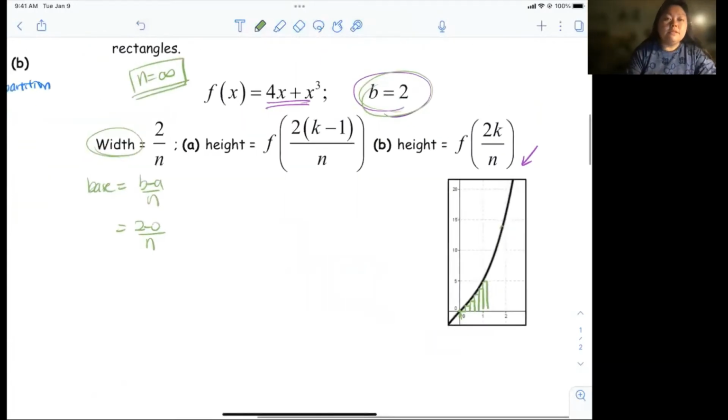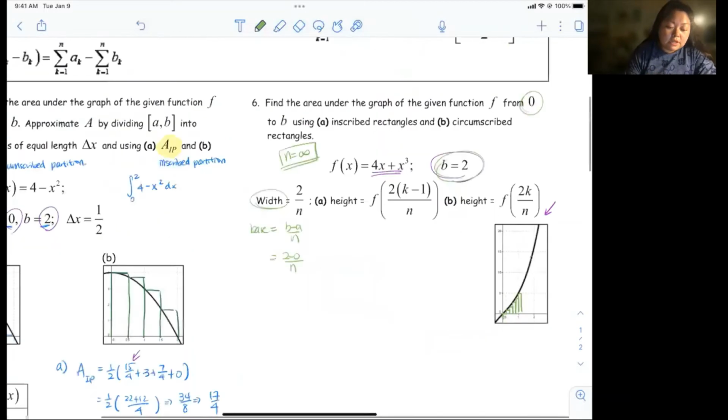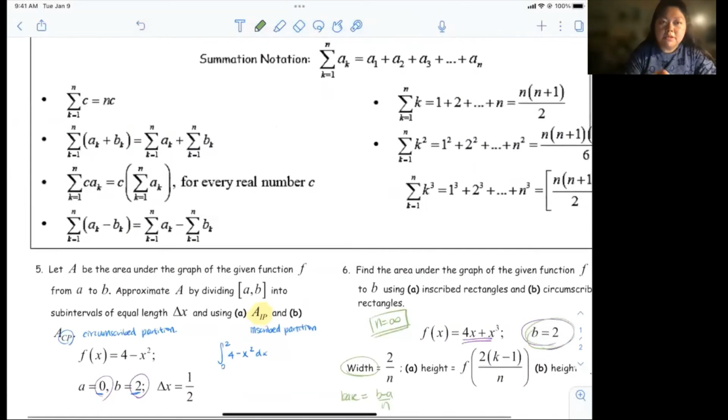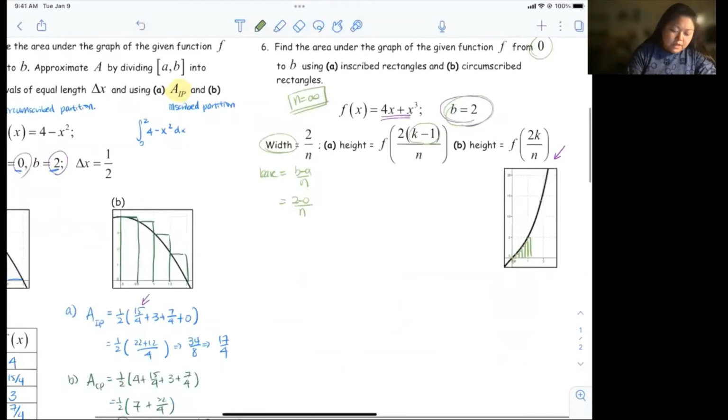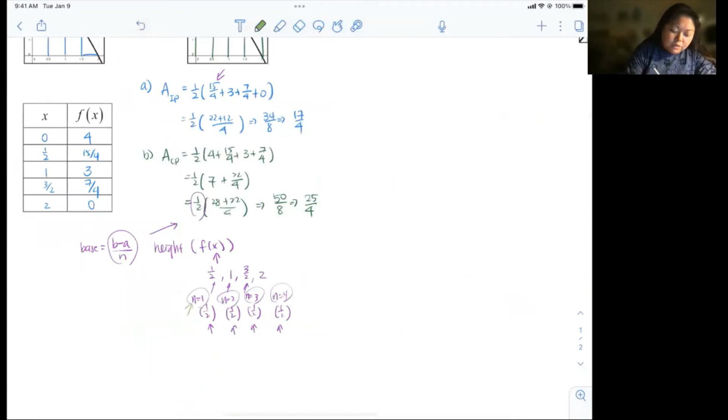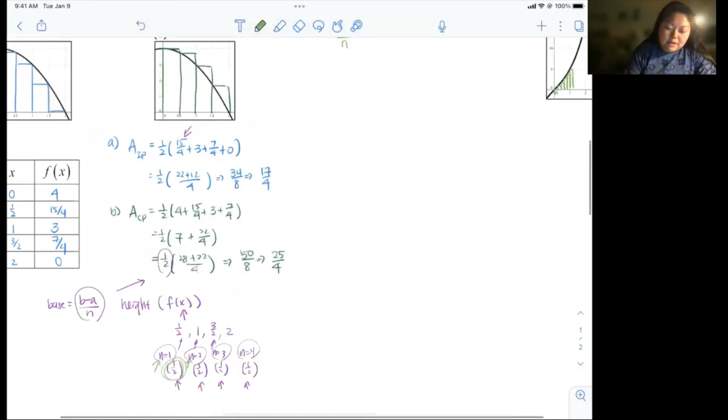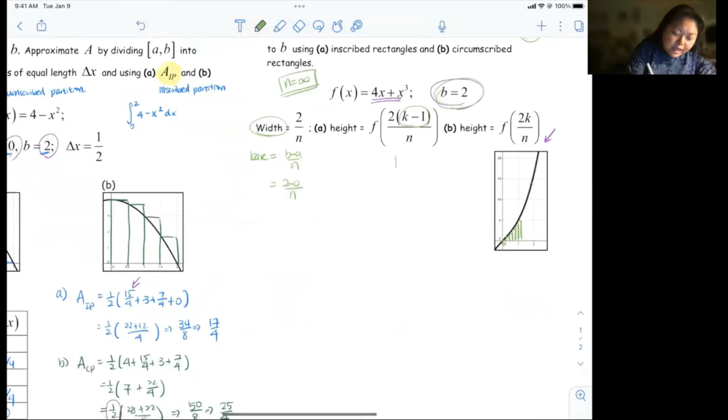Now, remember, summation cannot start at 0. Summation starts at k equals 1. All these formulas up here start at k equals 1. So I need to force it to be 0, so I started at k minus 1. Remember, this is how the n equals 1, n equals 2 times my base. So this is really k minus 1, that's my n equals 1, because that's 0, times my base of 2